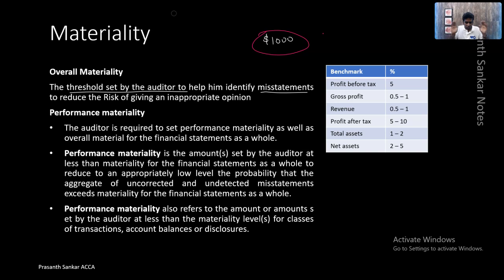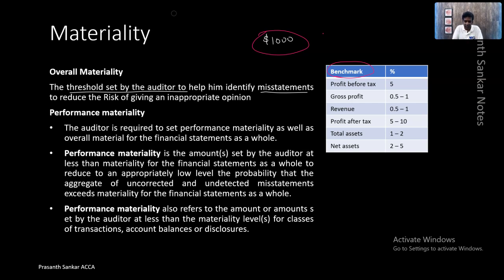Right? So an auditor has to come up with the thinking of all the investors. He cannot say that all the investors might be either millionaires or might be earning only a small amount. There could be various investors in a business, so he has to think from all of these investors' perspectives. To come up with the threshold above which he investigates transactions to identify potential misstatements, he will come up with something called a benchmark. Because once you have a process of identifying this materiality, every investor will have a peaceful time.